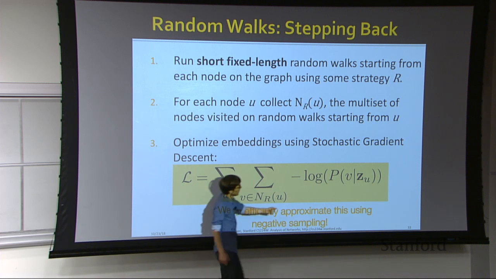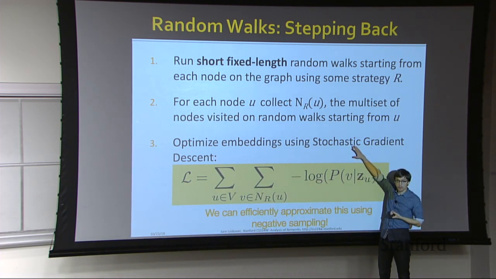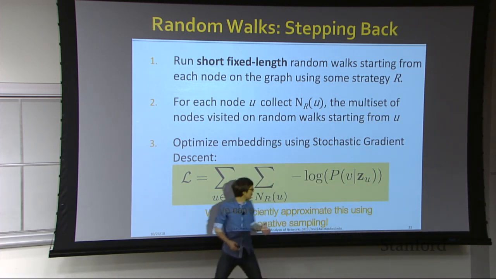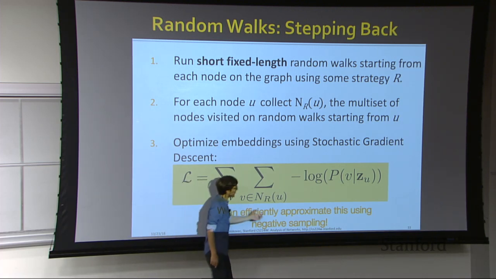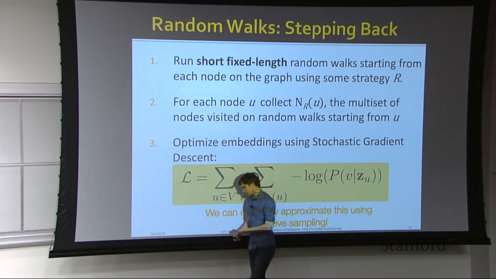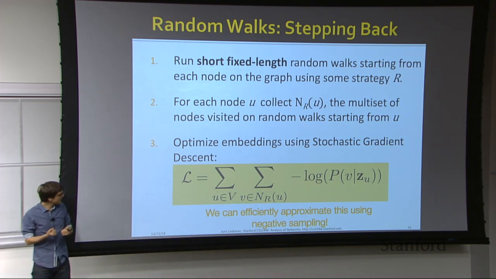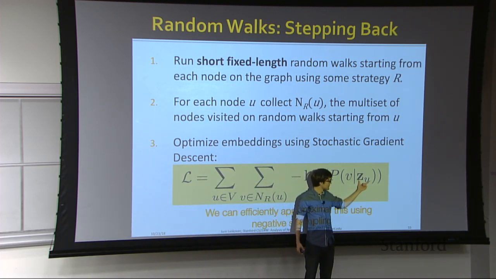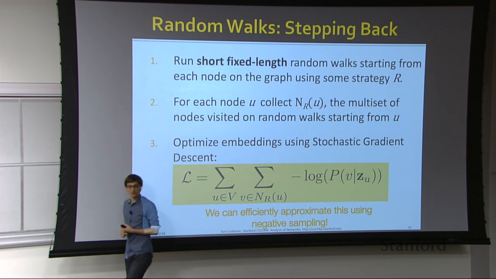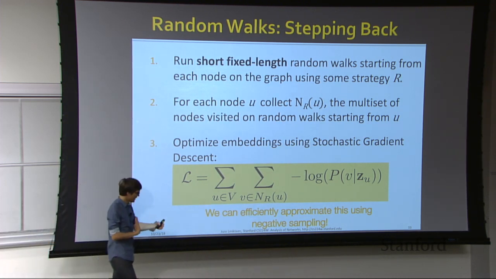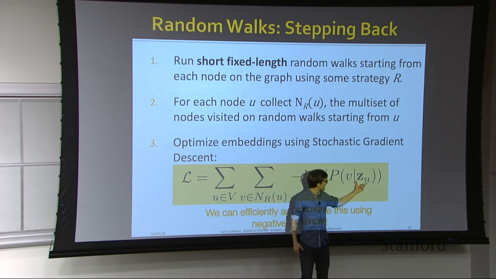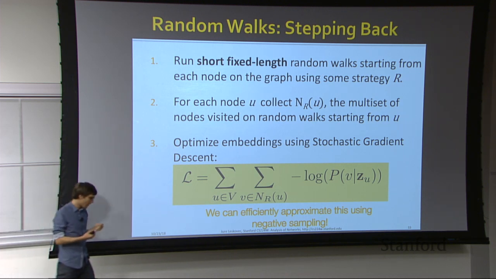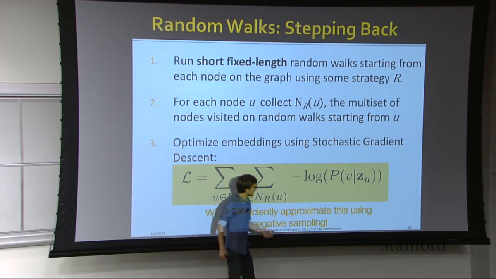Now, how am I going to optimize these embeddings? I apply an optimization method that's the simplest of them all, which is stochastic gradient descent. I can compute the gradient of this function with respect to z, and then given u and v, I can say how I need to update the coordinates z such that the likelihood improves. And I'm doing this in small mini batches and keep updating these coordinates. Of course, the problem is non-convex, so I will get stuck in some local minima, but in general,